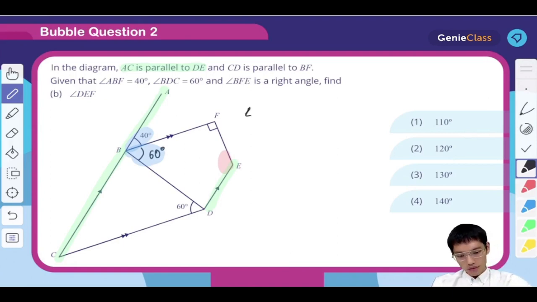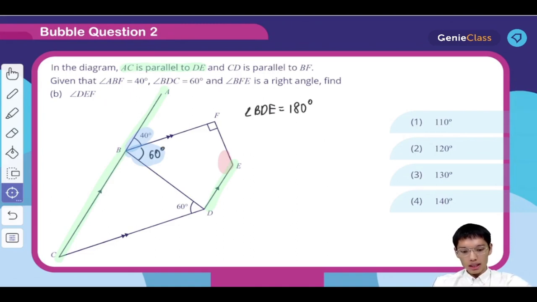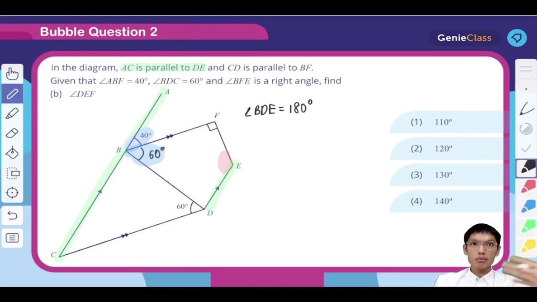You realize I can actually find BDE first. And this is actually using the property of 180 degrees, because all these angles, 60, 40, this is one angle, this is another angle, they sum to 180. So minus ABD. Okay, so this is one thing you actually have to visualize. In this case, my interior angles, the previous angle does not have to be one angle itself. So interior angles,